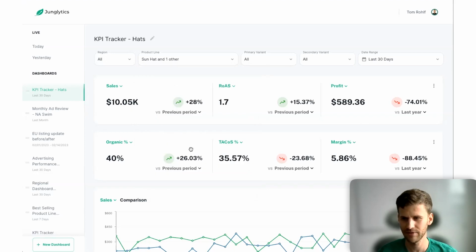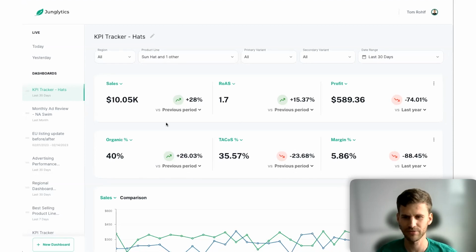So you can see our top level numbers. We're showing a profit of $600 for the last 30 days, which is probably higher than we want it to be. We basically don't want to be making money right now. We want to be increasing our sales number. And the really important one that we want to see trending upwards at this point in time for this business is organic percent going up. When I review this dashboard on a weekly basis, I look for this number and make sure that it's going up.